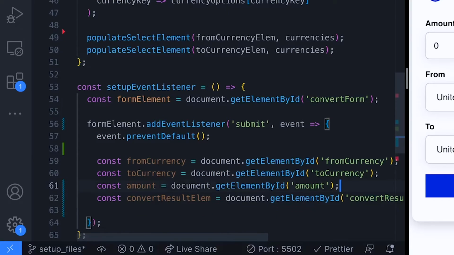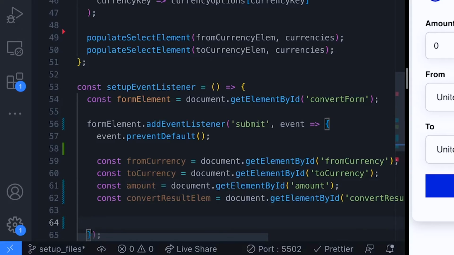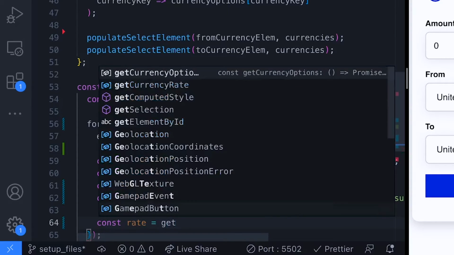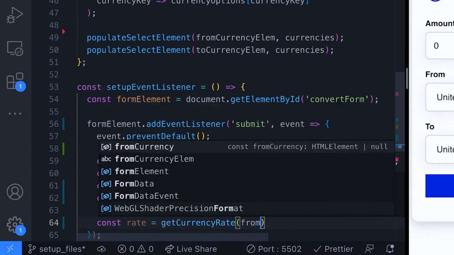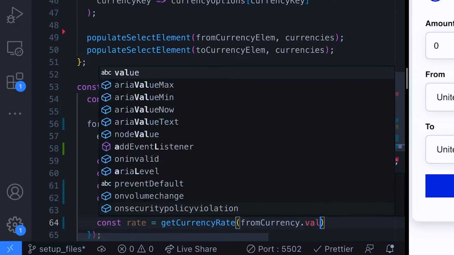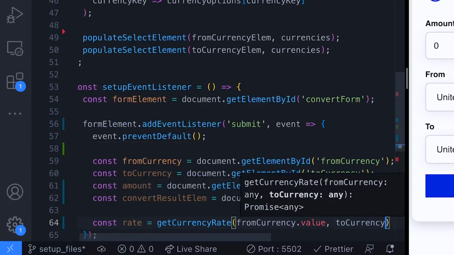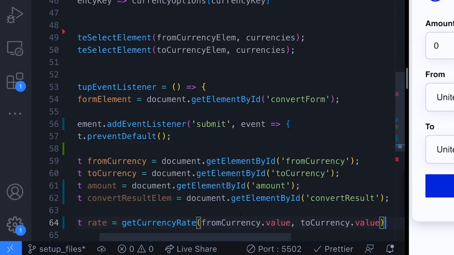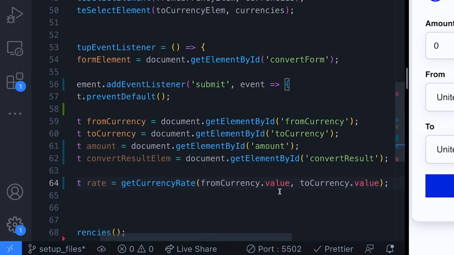So we've got a reference to all of those elements in this function, and so we're ready to make use of them here. So we need to get the rate of the conversion between the 2 currencies that we've got. So we can do that by making a call to that function that we created earlier on. So getCurrencyRate. And we'll get from the from currency element that we've got, we want to get the value that's inside of there. And also the to currency, that was the other argument that we needed for this function. We'll get from the select element, the to currency value that's set on the option that's